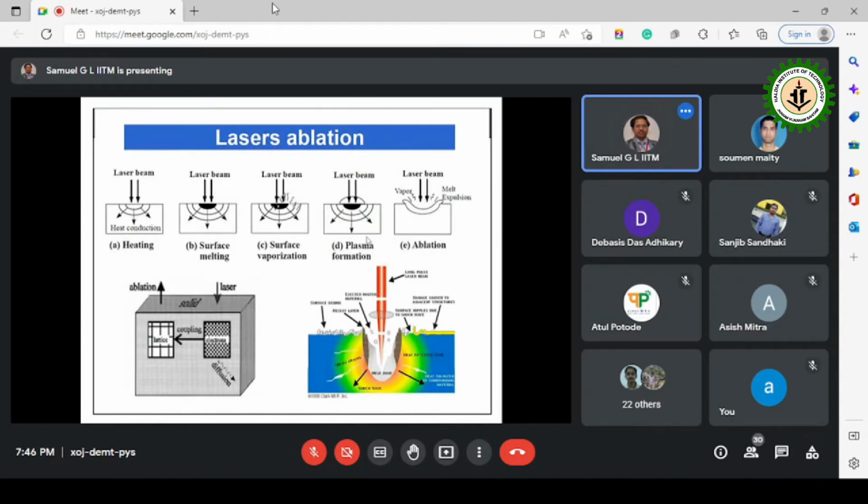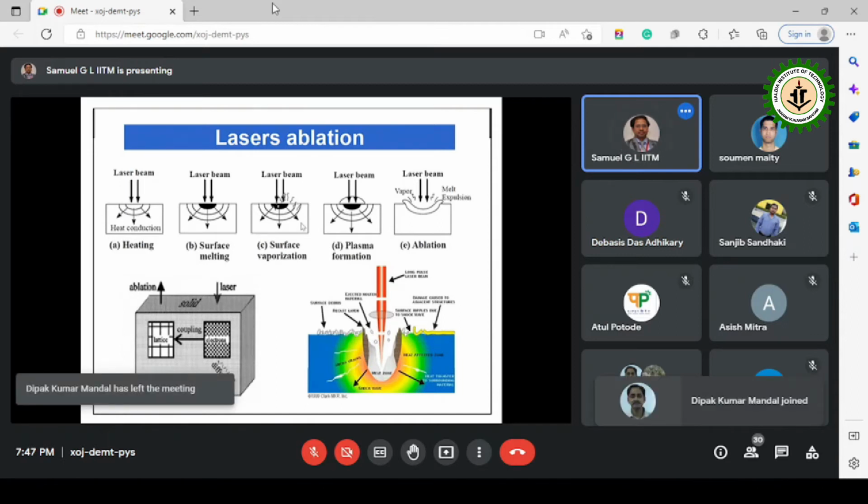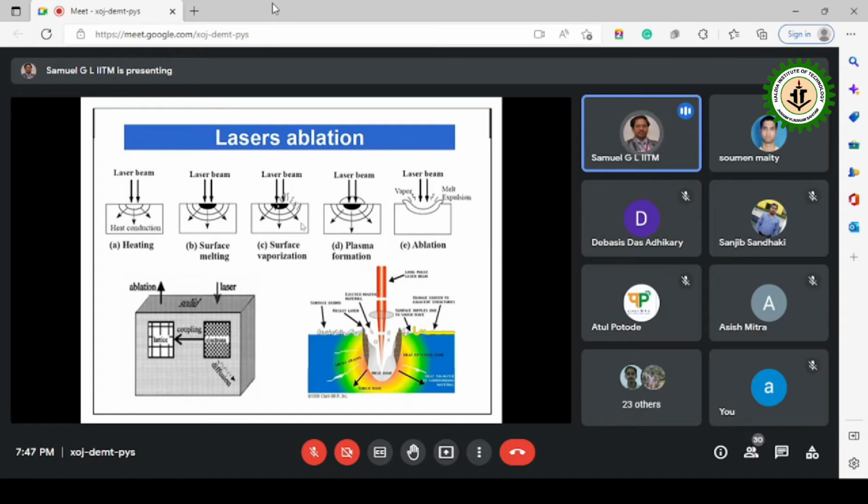To do that, we have used what are called ultra short pulsed lasers. We have used the lasers. Now, how do these lasers work? As the title says, it is fundamental, so I'm trying to give you some of the fundamentals. How will the laser be able to remove or cut material which is very hard? Literally, by using these lasers, we can cut any of the materials.